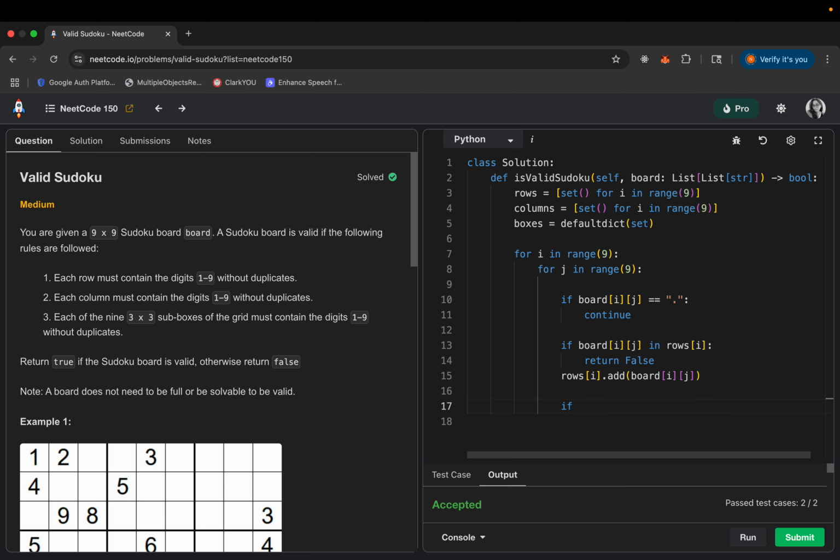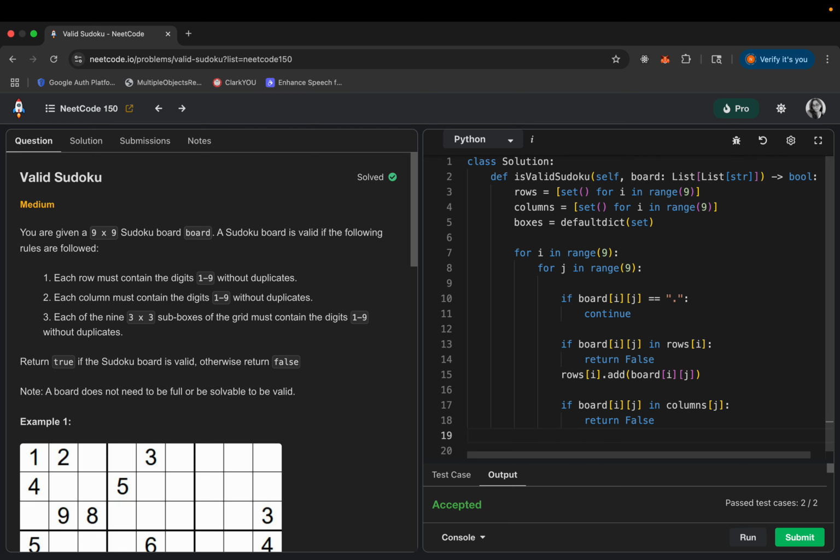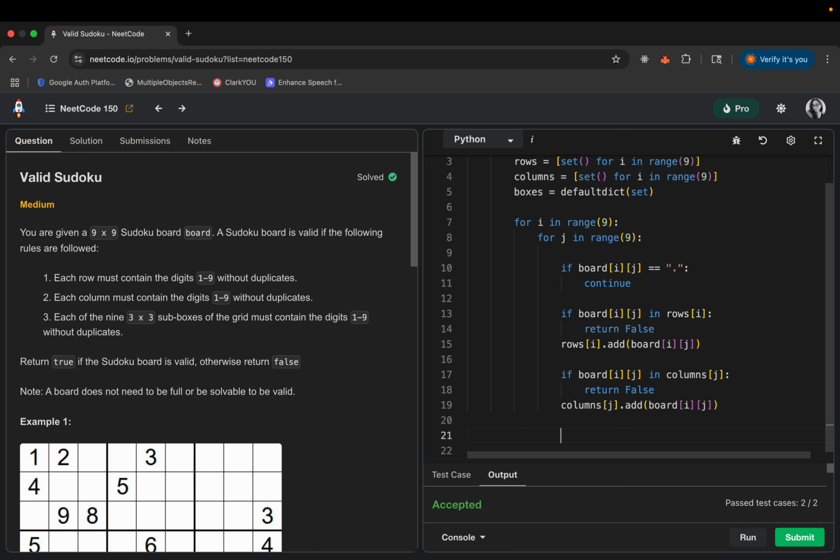We'll do the same for columns as well. If it is in columns[j], return false. If it's not there, we simply add it. And lastly, for boxes,